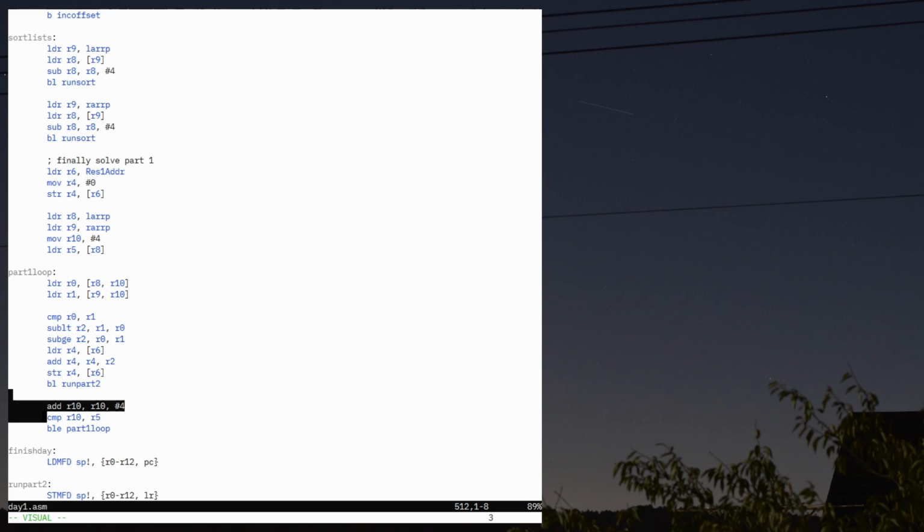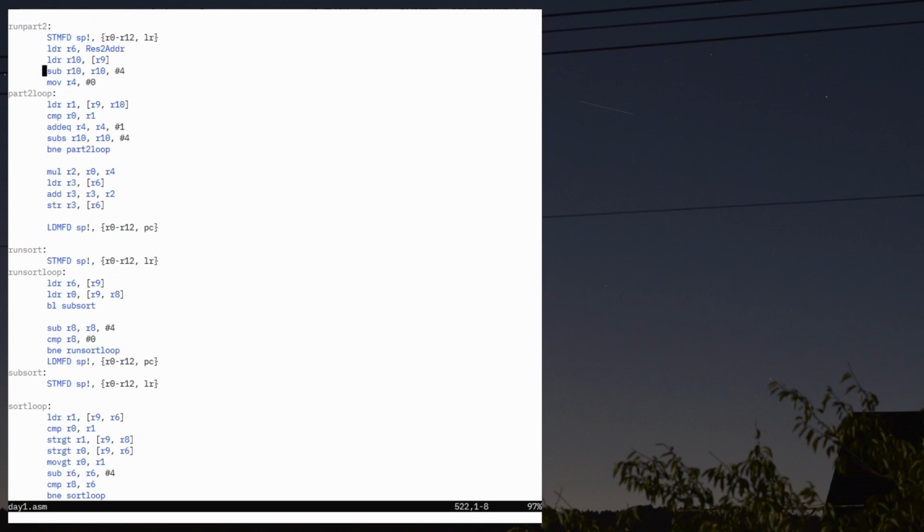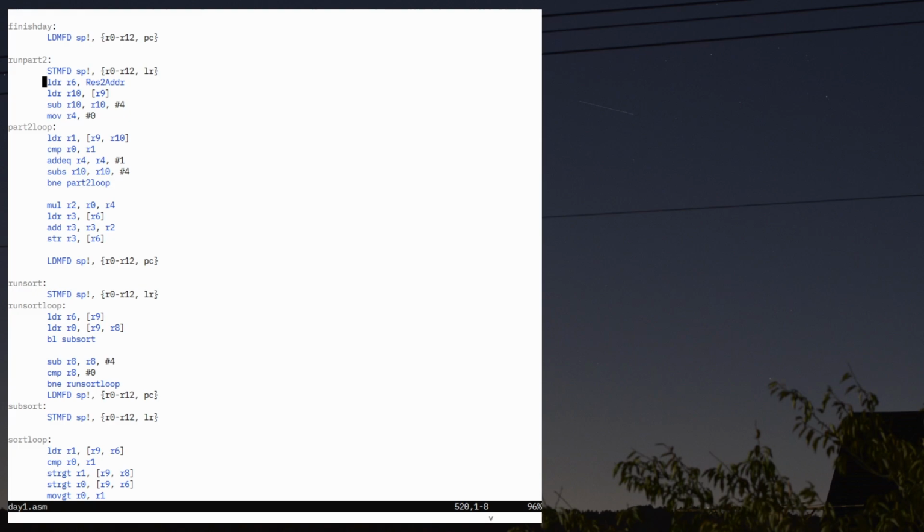So we add another 4 steps to the offset, and I compare that to R5, which is the entire length. And if it's less than that, right? Less than or equal, LE, we branch back to part 1 loop, right? So this goes through a loop until we get to the end there. Part 2, right? We load in